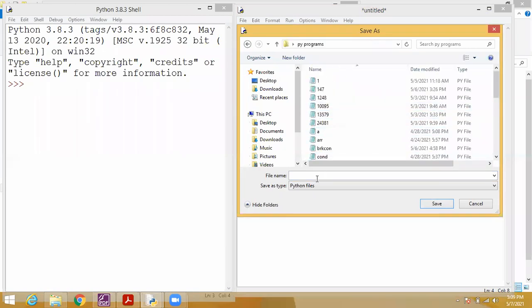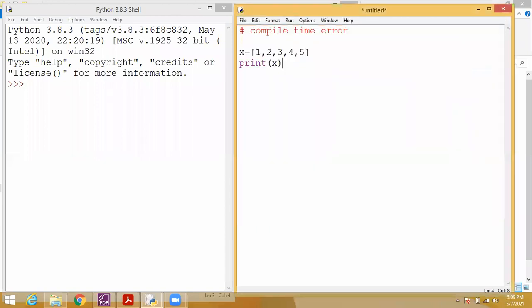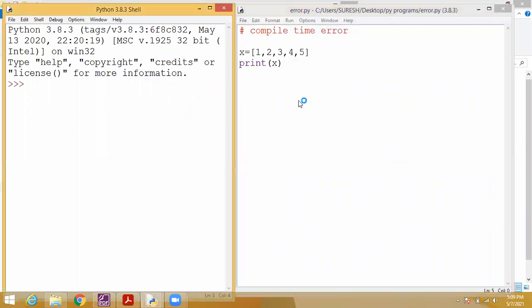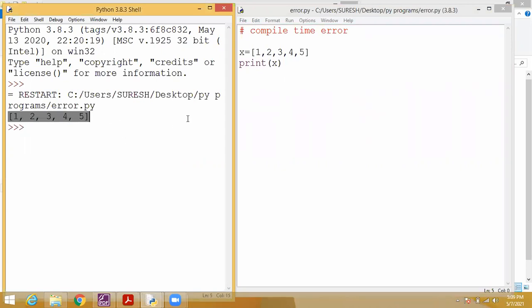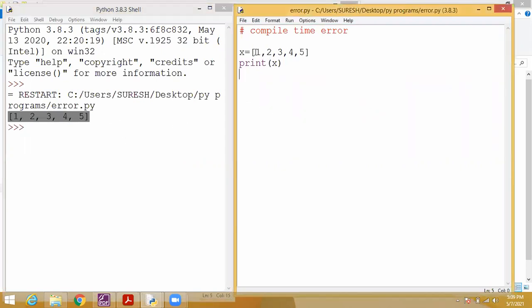But if you create an error, see. This will show you the output because there is no error. You can see here, it shows the output. But while creating, you may make a mistake like this.